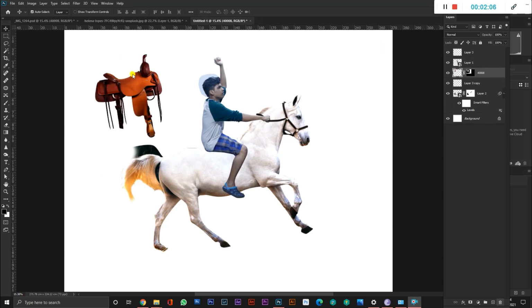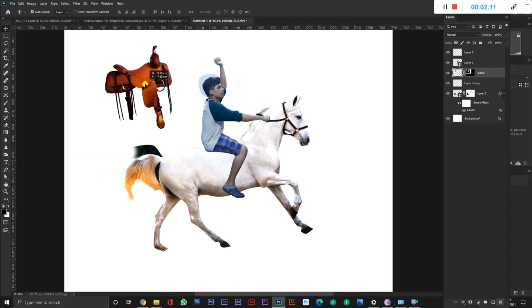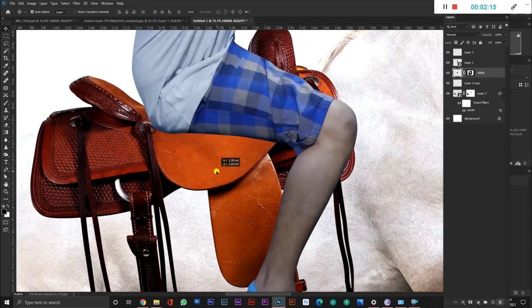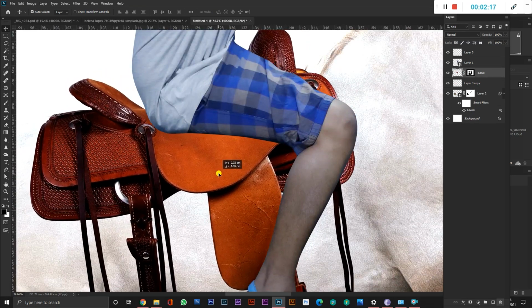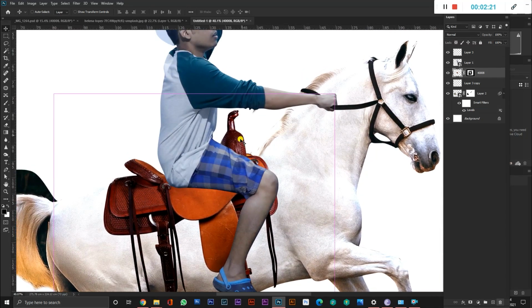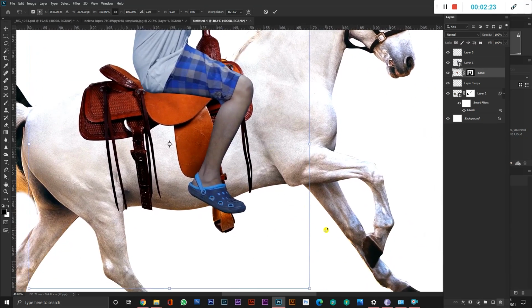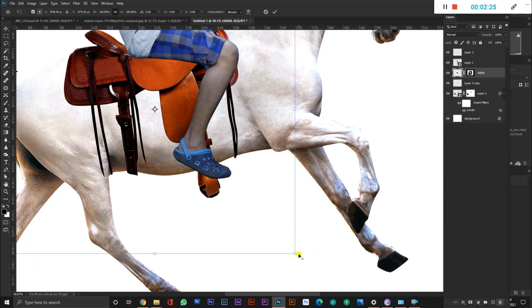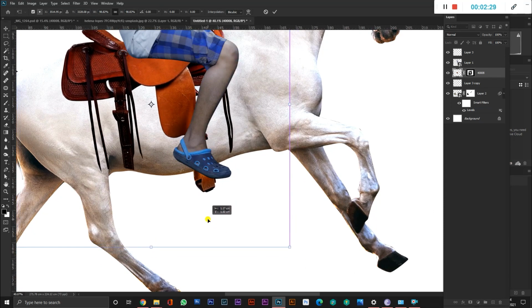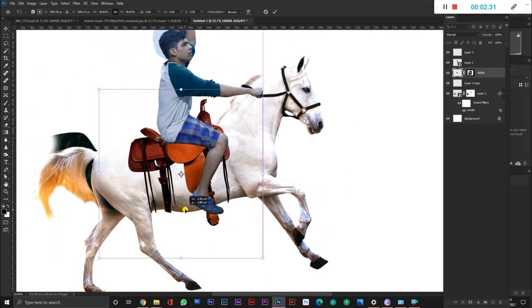For the seat part, I went to a website called PNG Items and I found this seat which you can set on the horse while you're sitting, and the link is in the description. Now set the seat easily, gradually, properly, exactly where you want to set it. And once you're satisfied, it's perfect, let it go.